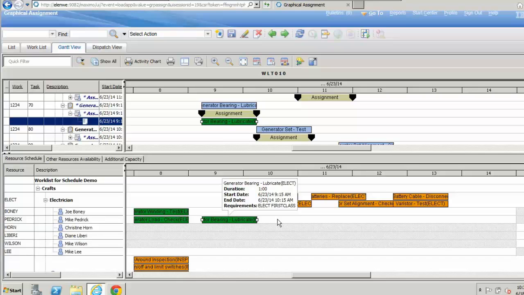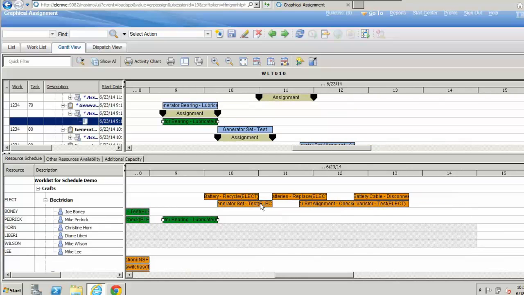And what that's really telling me is that Mike Lee, even though he is an electrician, the requirement for that particular task might be a first class or second class electrician. There we go, electrician first class, which Mike Lee is not, but Mike Pedrick is. So if you did want to keep that task on Mike Lee, you could override the system recommendation, but it will stay red, letting you know that based on your planning, this individual is not qualified to do these things. So, of course, as we continue to drag and drop our different tasks,